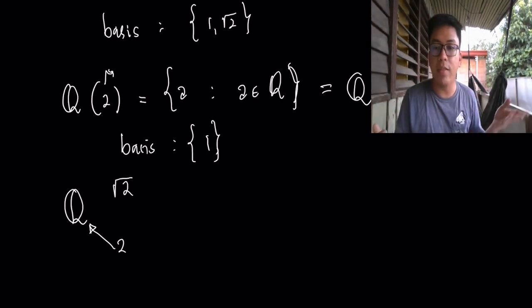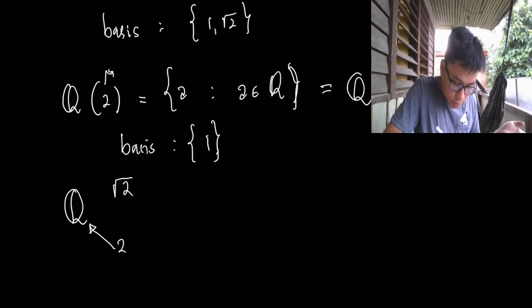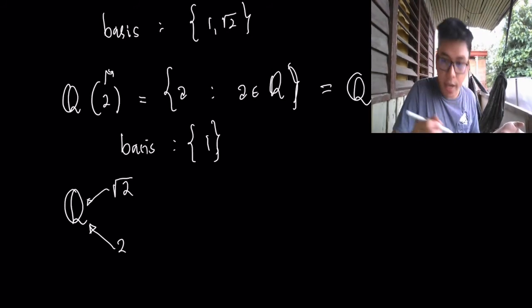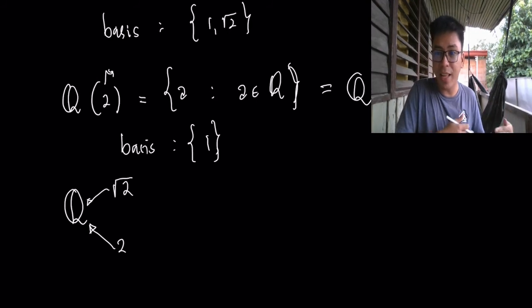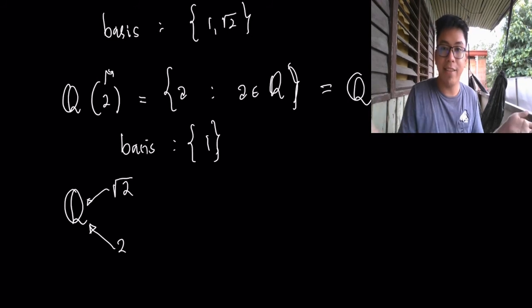In the sense that 2 is actually coming from that. Square root of 2, if you are going to adjoin that, then of course the number of elements on that set will be added by 1 because you're actually adding square root of 2 here. That's it. Okay, so similarly, for Q of square root of 3,